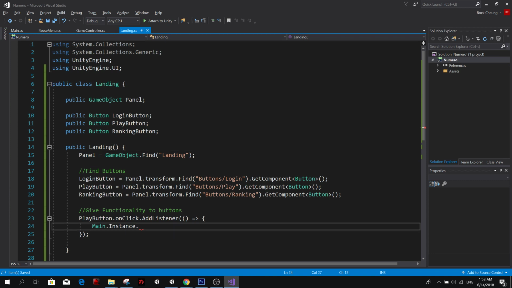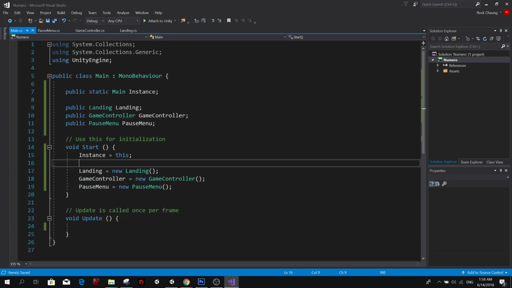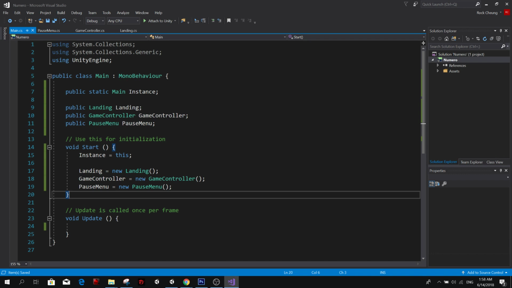So, because for example we could have a function called toggle panel, and then we just toggle a panel off and on accordingly. Our game is not very big. There's not tons of panels. So I'm just going to make different functions here.